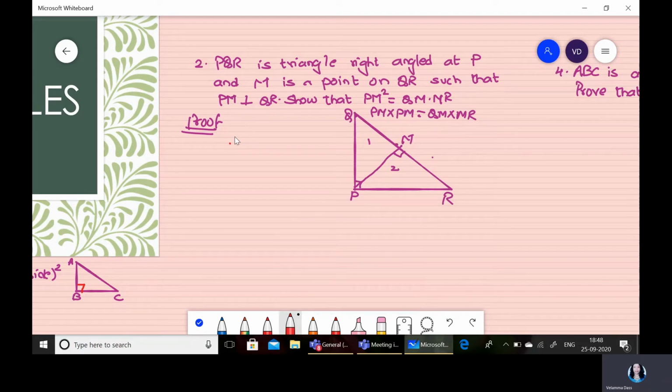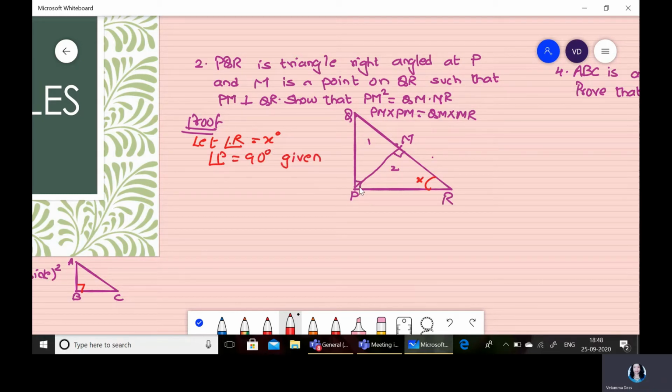So let's do it. Here we know, students, that we can prove that triangle QPR is similar to, we can say, MPR is similar to the bigger triangle. So you can either use that theorem or we can prove that these 2 triangles are similar. For proving that, we can just assume here, let angle R be equal to X. I have taken that this be X degree. Now we know that angle P is 90 degree. This is given, this fact we know.